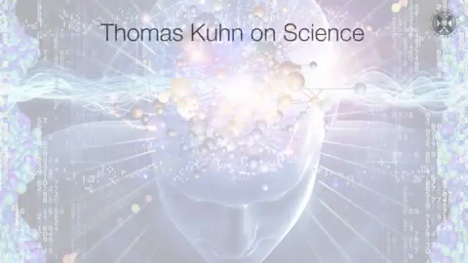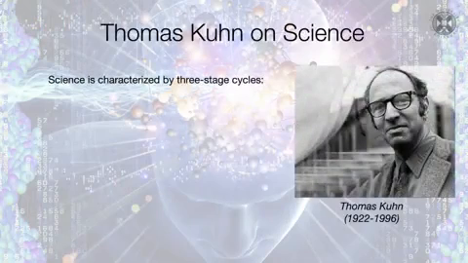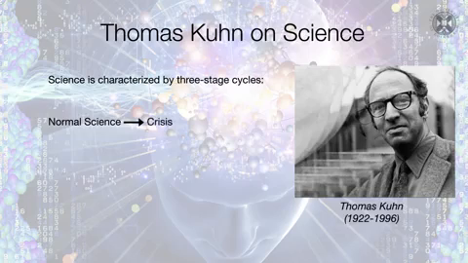Before Kuhn, philosophers of science had a certain picture of how science grows and unfolds based on a sequence of scientific theories, each of which was supposed to build on its predecessor and improve on it by delivering a more accurate or more likely to be true image of nature. But according to Kuhn, this picture is totally wrong. If we look at the history of science, if we look at the actual scientific evidence, we obtain a radically different image of how science grows and unfolds. According to Kuhn, science goes through periods of normal science, crisis, and scientific revolutions.